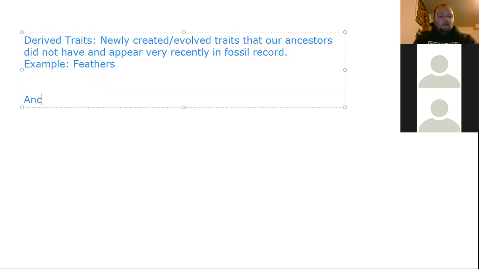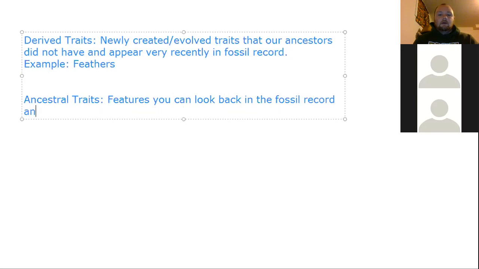Okay, and then the other types of traits we're going to have are ancestral traits. Okay, so ancestral traits. Okay, and so these will be features you can look back in the fossil record and see throughout it. Okay, and so these are going to be things like, so an example would be teeth. Okay, not all organisms had teeth, but pretty,